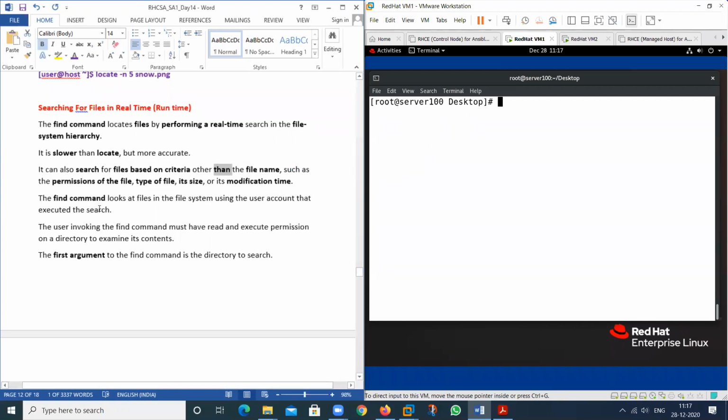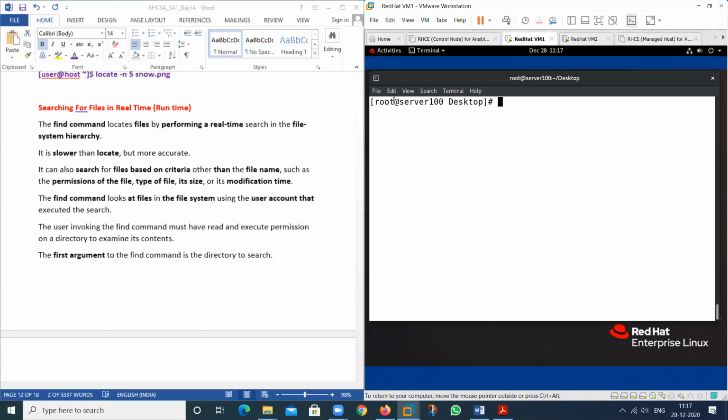So the find command looks at files in the file system by using the user account that executes the search. It means it uses the user account.